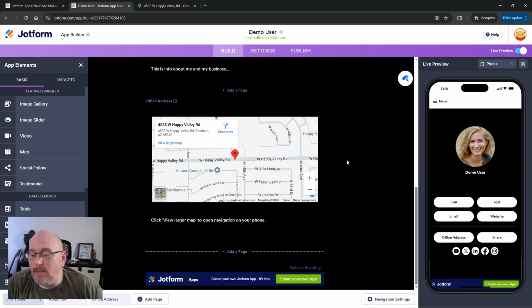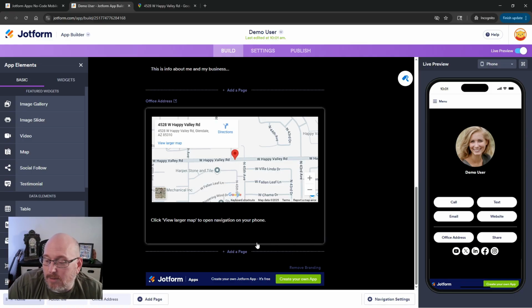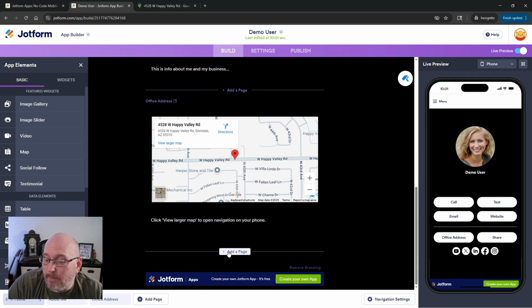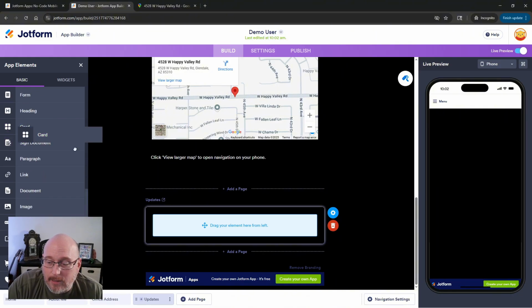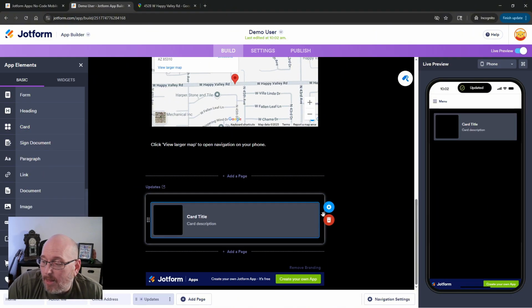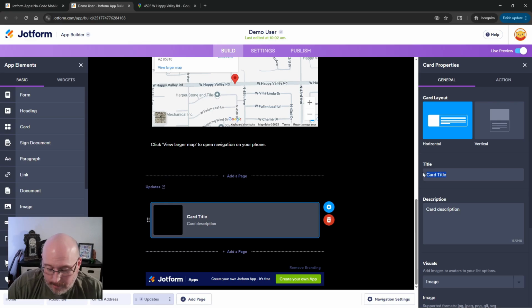Now there's one last thing I want to show you, and I think this is really a game changer. So I'm going to add a page and I'm going to call this page updates. And I'm going to add, where is it here? I'm going to add this card option. So this is really cool. You can go in here and I'm just going to put today's date, which is 6/27/25, and then something cool. So you put in whatever your title is, and then